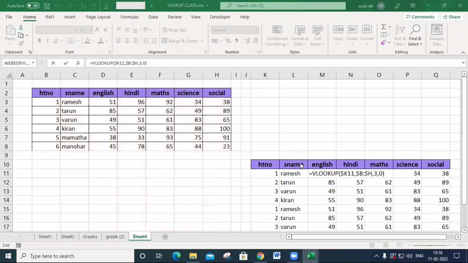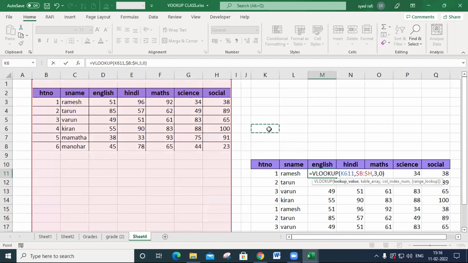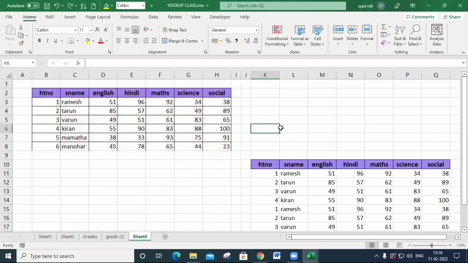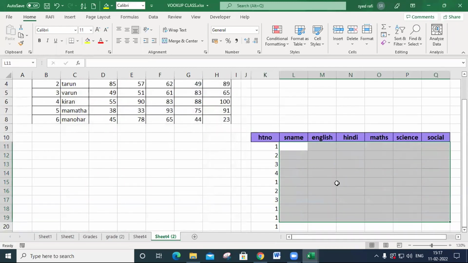Can we get the sheet to practice? Sure, I will give it to you. Okay, we will discuss this one. The same copy, I will take one more. Okay, I remove this one.